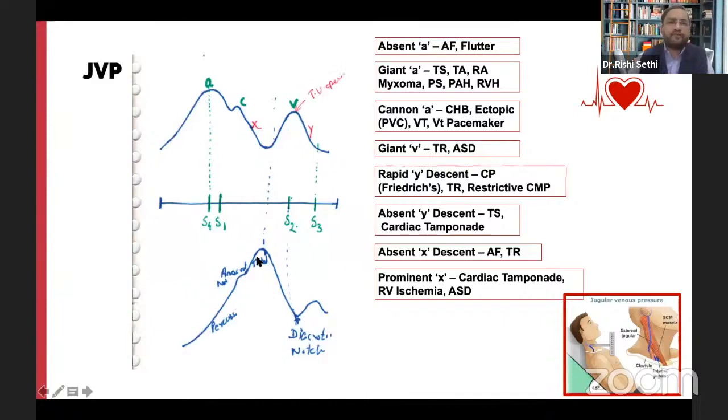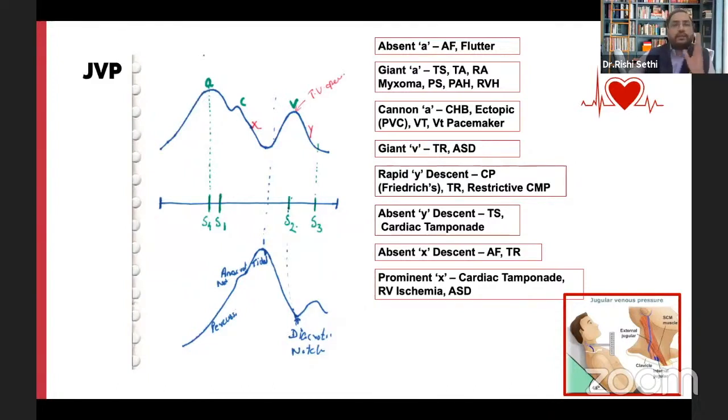The V wave would correspond to the peak of the pulse. It corresponds to the time where the atrial filling is happening, and somewhere at the peak of the V wave, the tricuspid valve will open and the blood will gush out. In early diastole, the rapid flow from atria to ventricle will happen during the Y descent, following which in late diastole, there would again be an atrial contraction and the A wave will come. So A, C, and V are three prominent waves, and X descent and Y descent are the two descents, and the mechanisms are as we have discussed. And